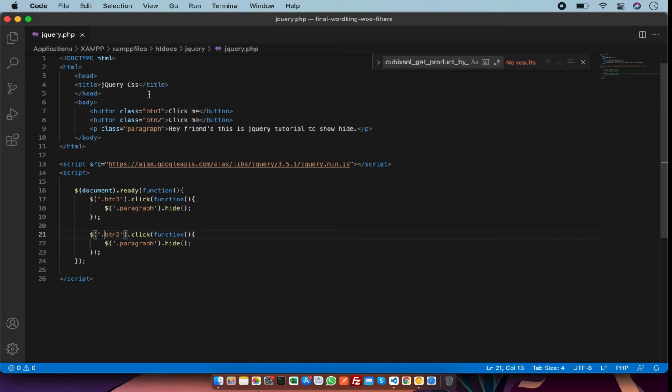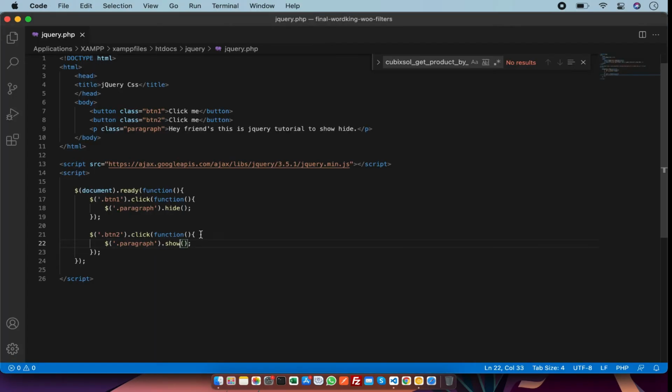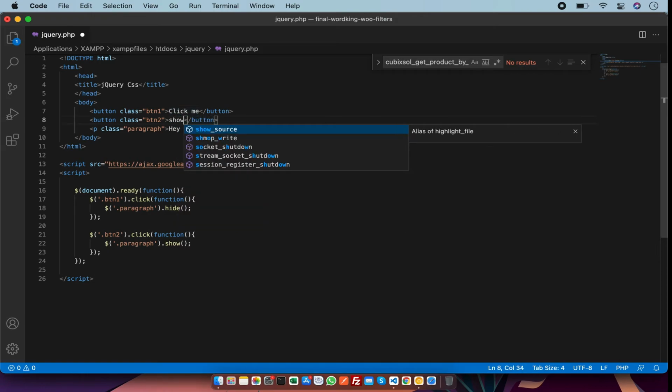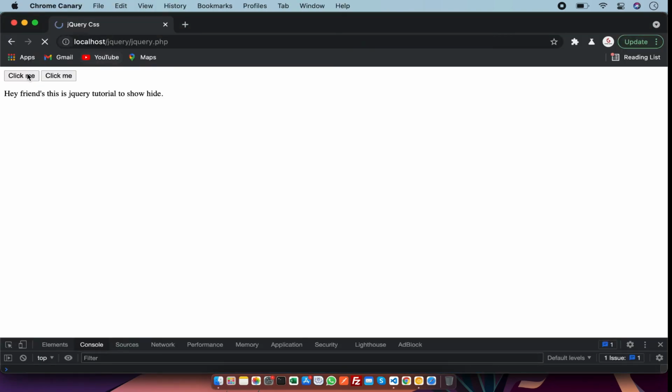So on the first button click it will hide, and on the second button it will show the same div. So let's change the name. Okay, I am going to hide it. Now it is working, and on the click of show it is also working.